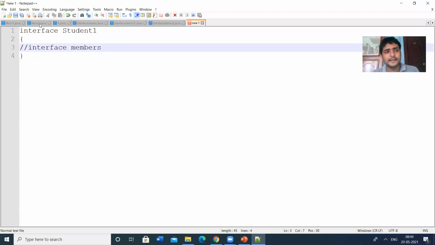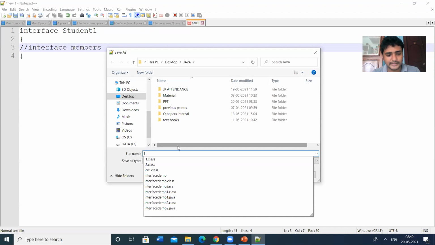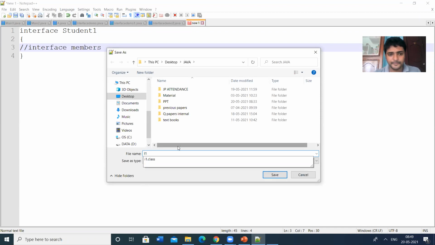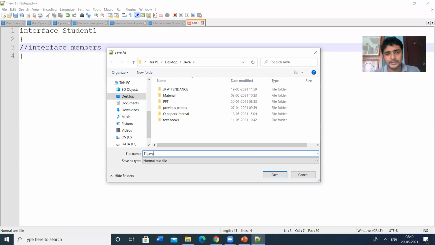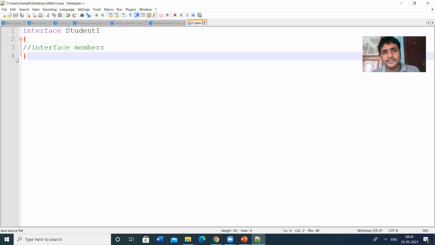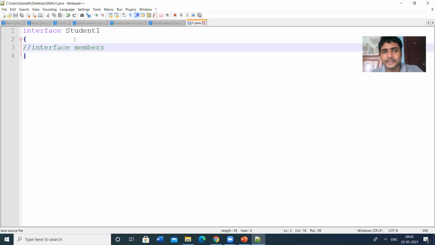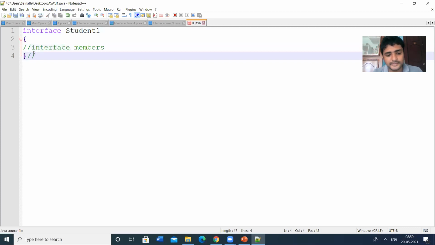Let us save this as I1.java. So this is the simple declaration of an interface. Interface is a keyword, and student one is the interface name, the identifier. This is the first part, the declaration of the interface.